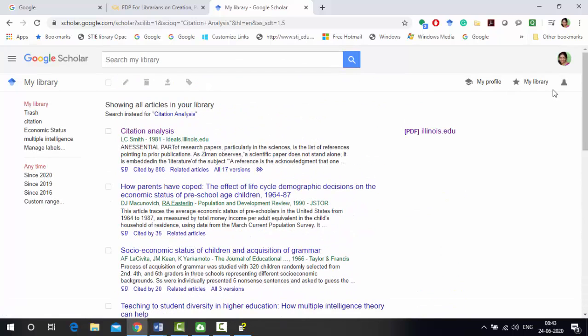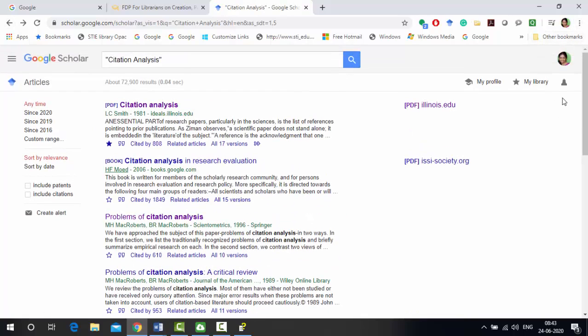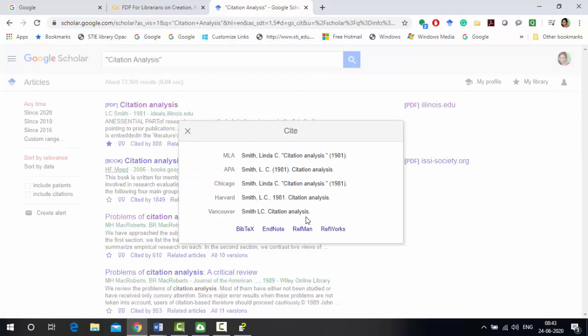But for saving the articles automatically to your library, you must have logged in through your Google login ID and password. See, here you can see my photo. That means I have logged in through my email ID.